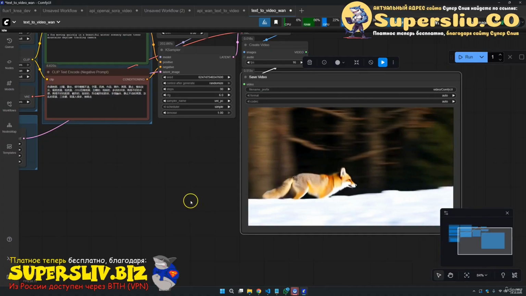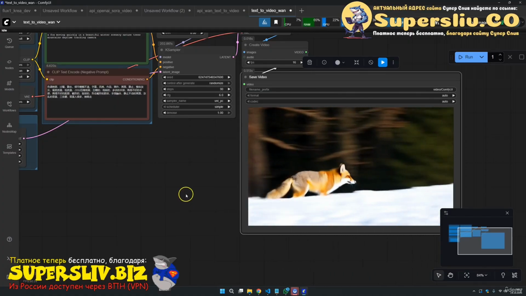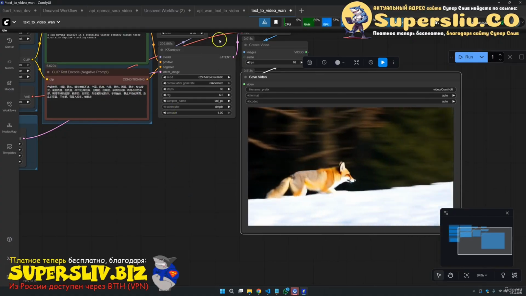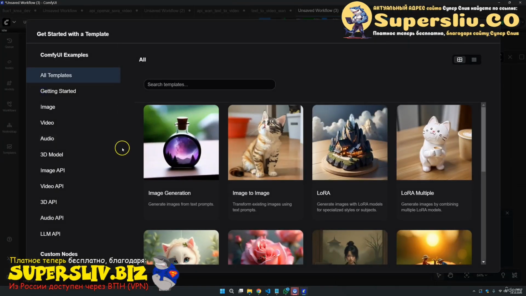And like I told you, the generations are somewhat fast. But of course you have a lot of other workflows that you can use to play with. If you come here, let's say on a new chat, and then you come once again on browse templates, you will find a lot of templates. If we come on